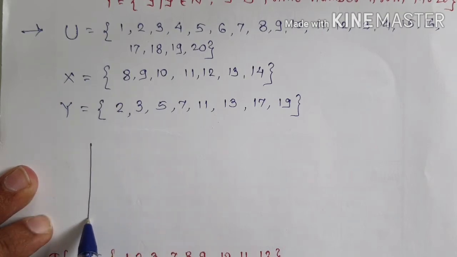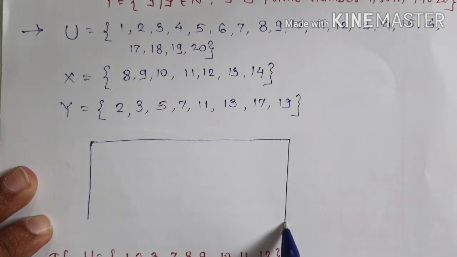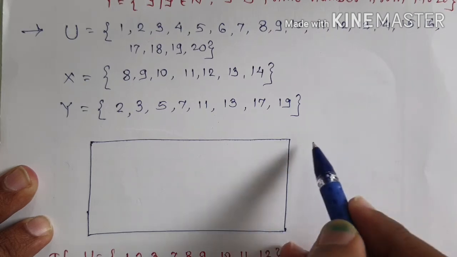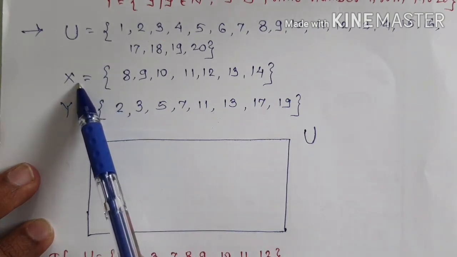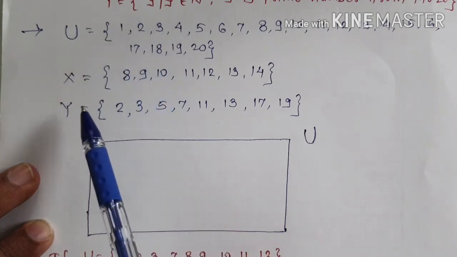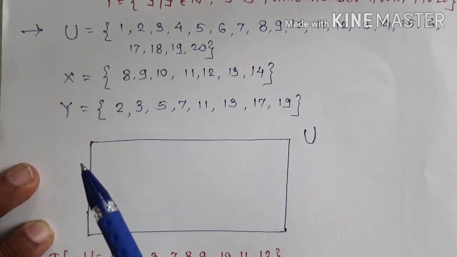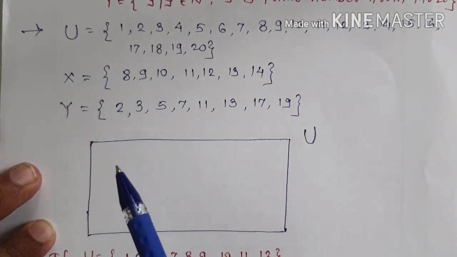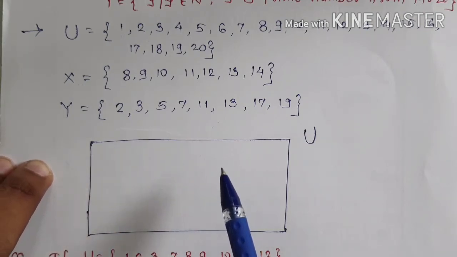Now we have to represent these three sets U, X and Y using Venn diagram. So first, as we know, in Venn diagrams generally the universal set is represented by a rectangle. So this is the rectangle which represents universal set U. Now set X is a subset of U, which is obvious, as U is a universal set. Y is also a subset of U because each set is a subset of the universal set under consideration. So in this rectangle we have to represent sets X and Y. But before that